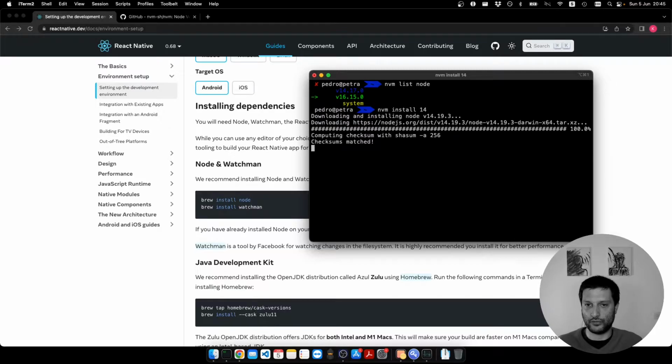So now if I do, after this completes, if I do nvm list node, I should have another one. So for example, let's do nvm list. So now I am using the 14.19 on this one. And you can also do nvm